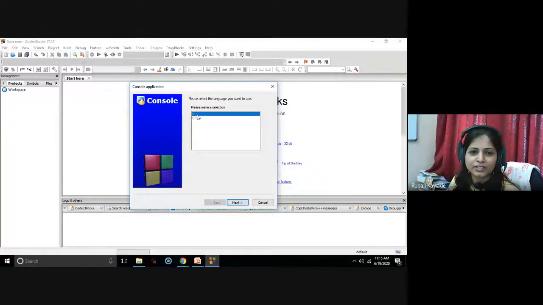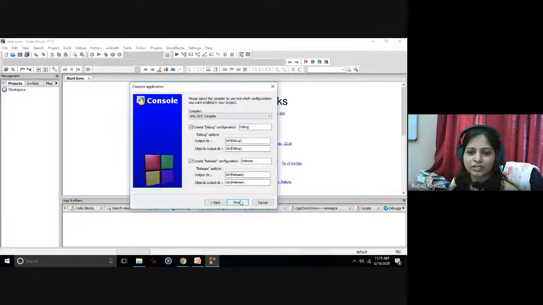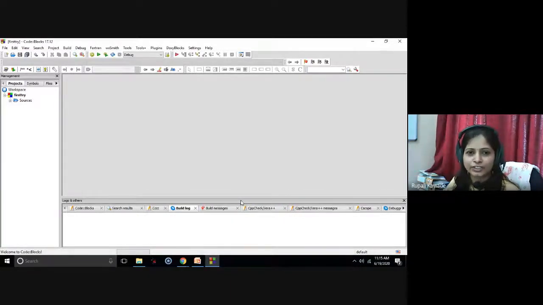For a Microsoft Word document, dot doc or dot docx. For a PowerPoint presentation, dot ppt or dot pptx. For an application, dot exe.